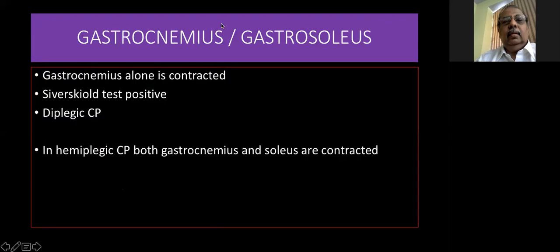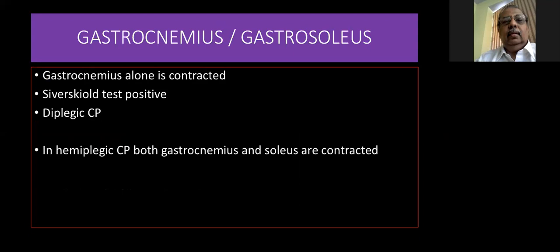Okay. Then another question: will you do a gastrocnemius recession or a gastrosoleus recession? What is the difference between these two? This is whether the gastrocnemius alone is affected by the contracture or the gastrocnemius and the soleus are both affected by the contracture. This can be identified by the Silfverskiöld test. So this is a common thing which we do in the evaluation of CP, and there are several other conditions where also it is very important.